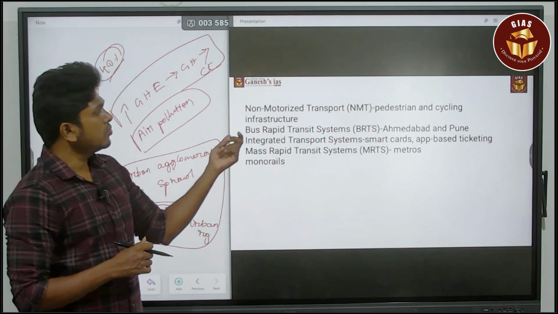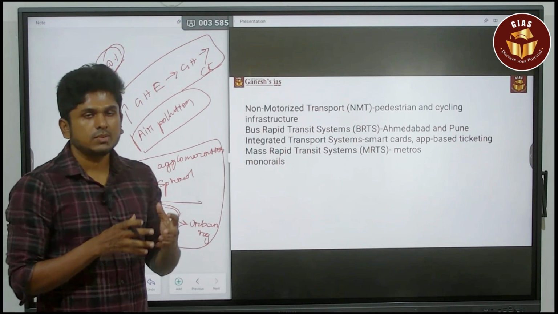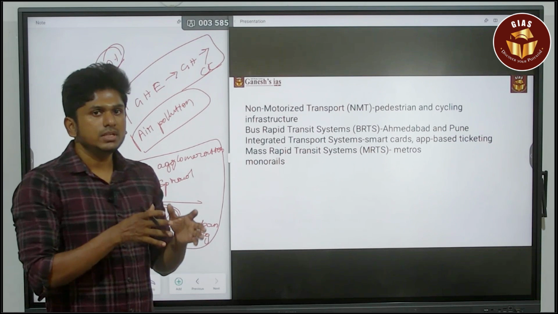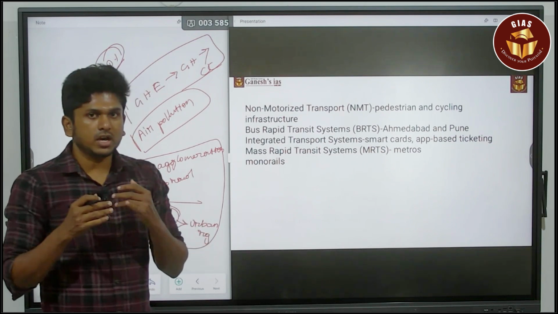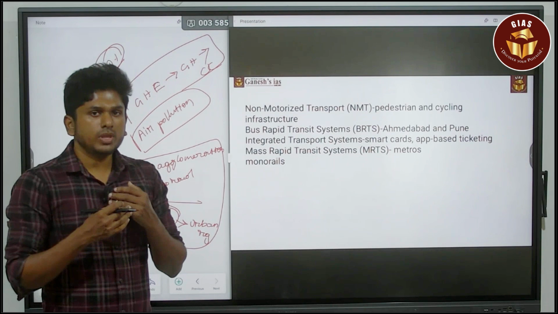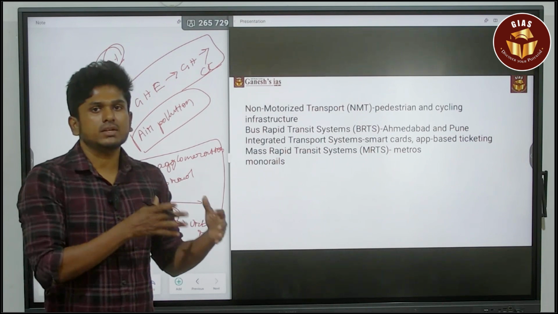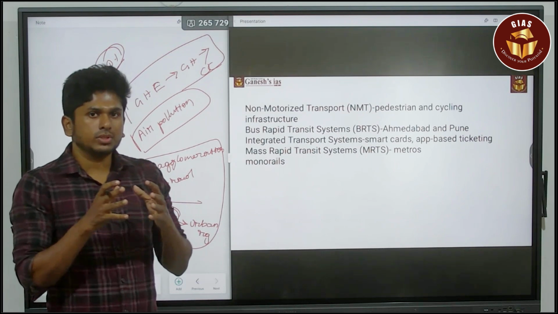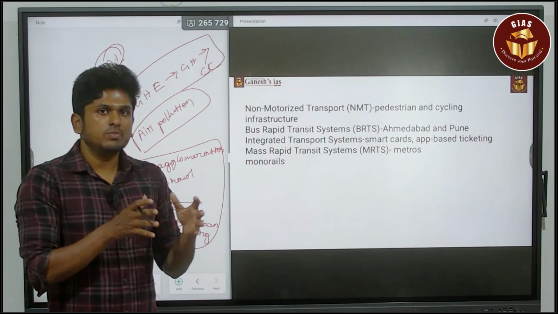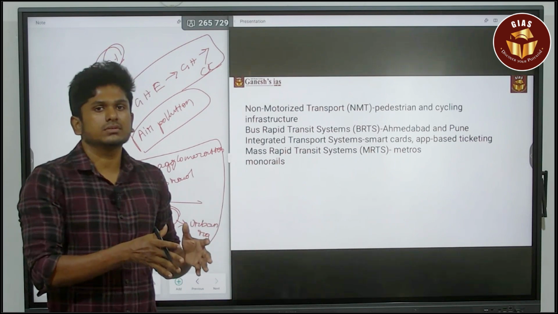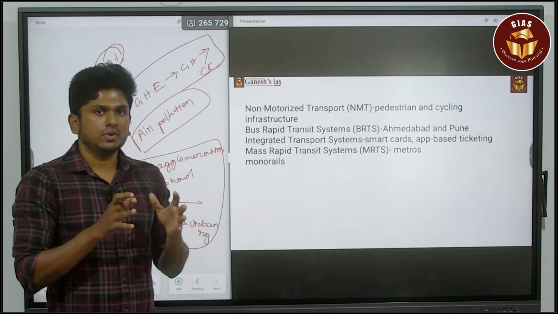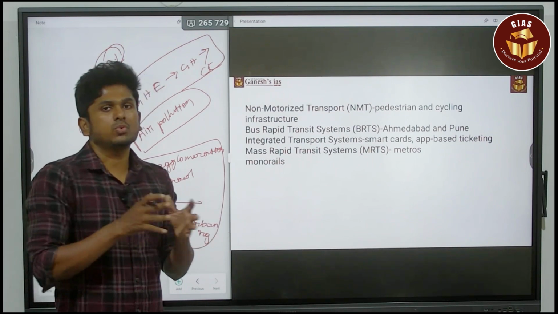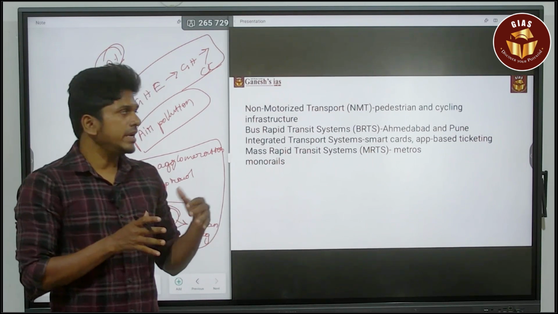First thing, non-motorized transport, which is nothing but the pedestrian way, cycle routes, and sidewalks. These are the major things. The urban region will focus on increasing the usage of pedestrian ways. When it comes to major places related to shopping, that route will be connected with pedestrian ways. The idea is so simple. If you are going shopping, you just use your pedestrian ways, not your own vehicles or any transport.